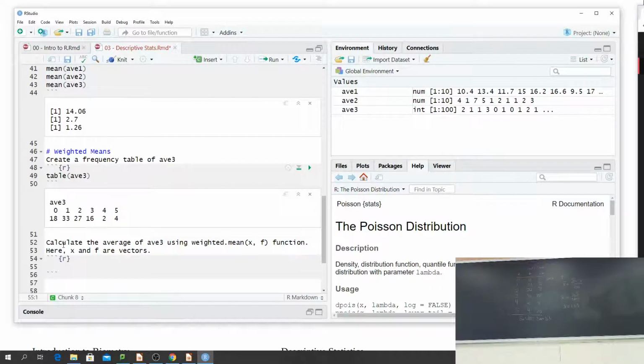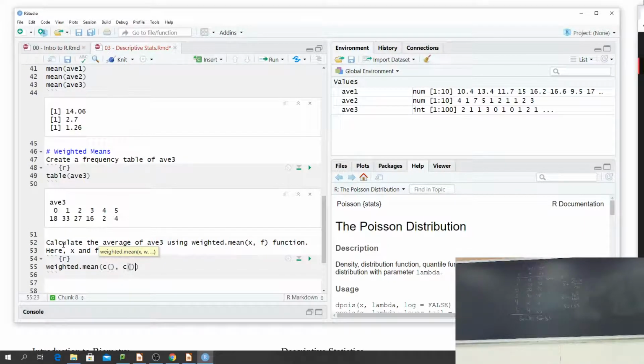So what we can do is create our own vectors. Our vector of 0, 1, 2, 3, 4, and 5, and our vector of frequencies, 18, 33, 27, 16, 2, and 4. Or we can do this all in the weighted dot mean function. This table is small enough that I am just going to create these vectors in the function.